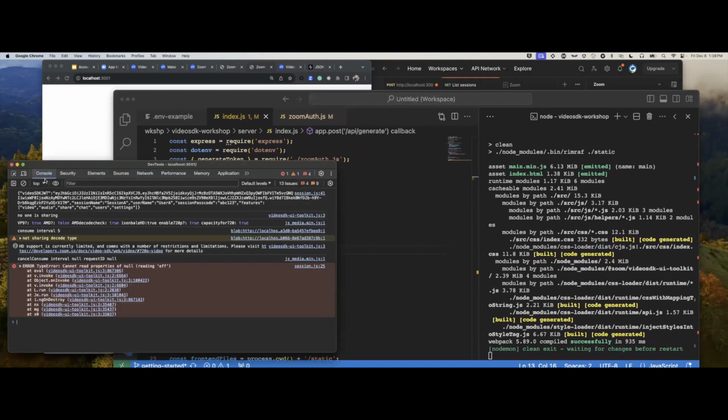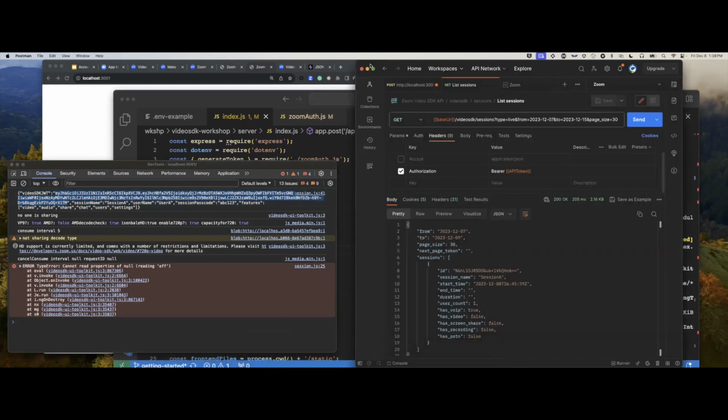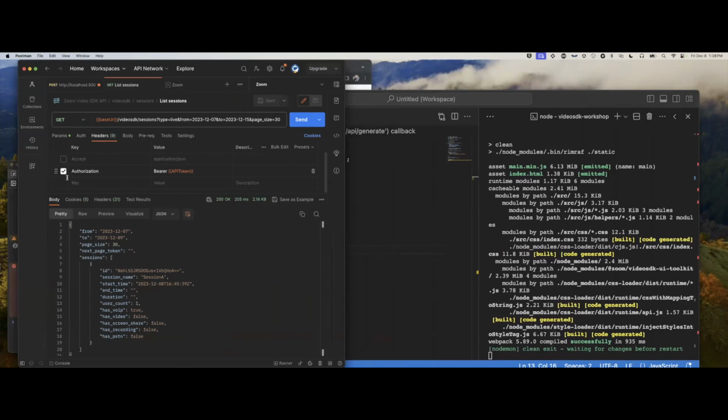Taking this though and popping this into one of the other resources I sent out, which is Postman. Postman will show you how to run this. I don't know if everybody's